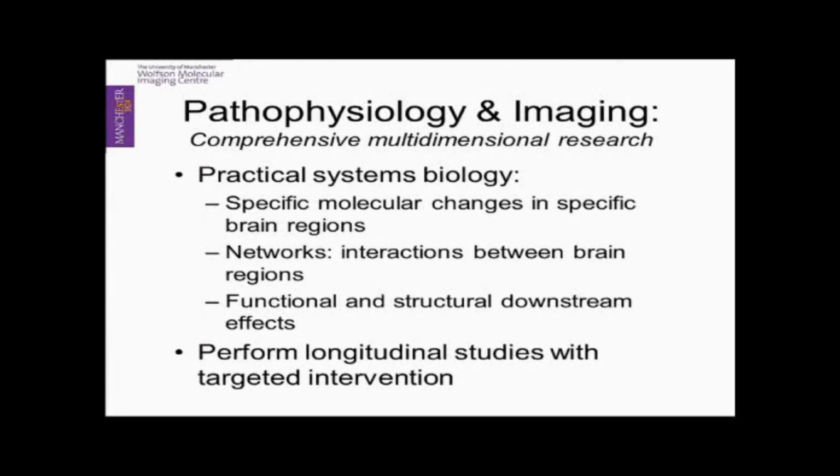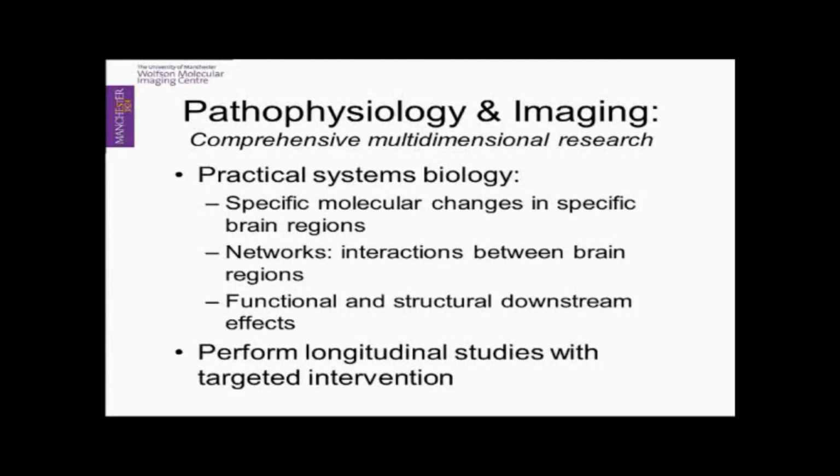From an even bigger view, why do we do imaging? And as said, of course, we want to look at specific molecular changes in specific brain regions. But that's not all, because that also can be done by ex vivo methods, and it sometimes can be done more accurately. So what we can do with imaging really is to look, in addition, at the networks, at the interactions and the dynamic interactions between these brain regions, and to, at the same time, study the molecular changes and the functional and structural downstream effects. So that's why multimodal and multidimensional imaging is so important